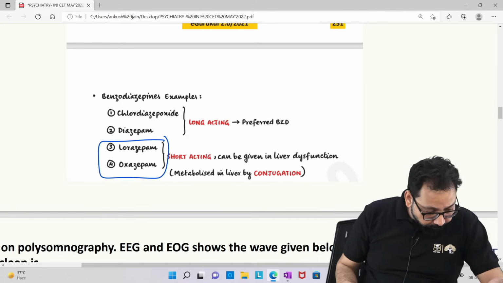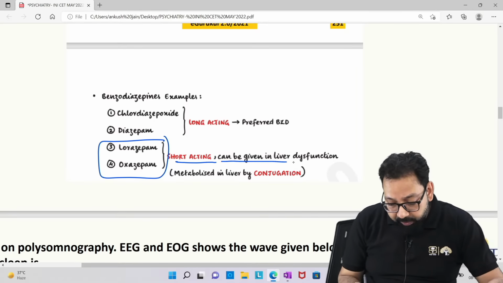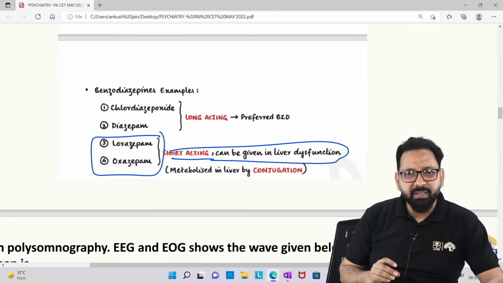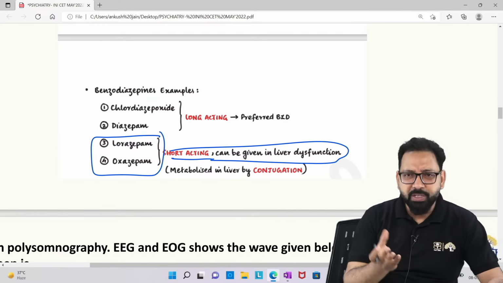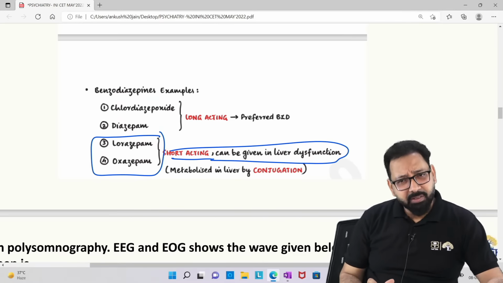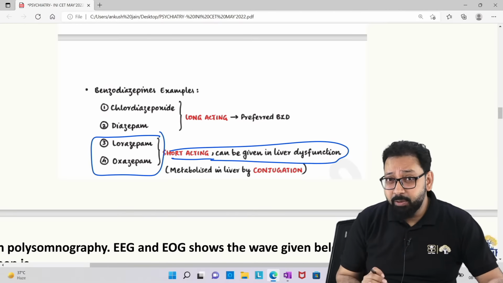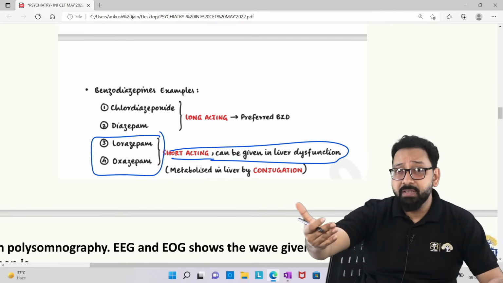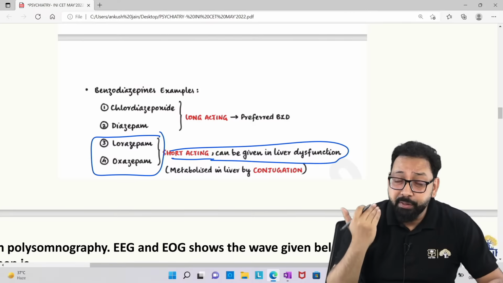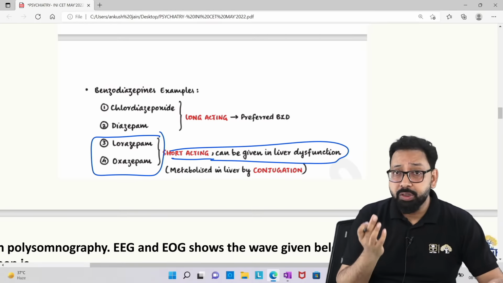Okay. Yes, these are short acting and can be given in liver dysfunction. Why have I shown this? It is not just to show you that my eGurukul notes have this, though that is the truth. The main purpose is to tell you that for your upcoming exam, you must be confident that whatever you are reading is sufficient to clear all exams if you read those notes nicely.